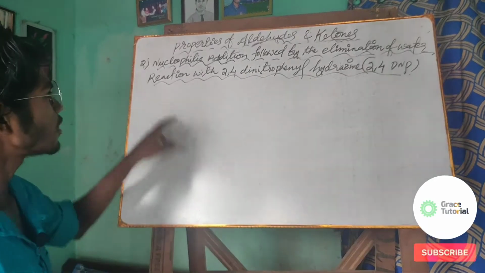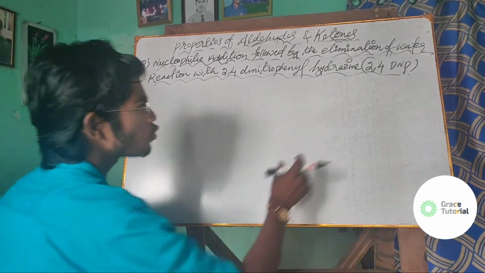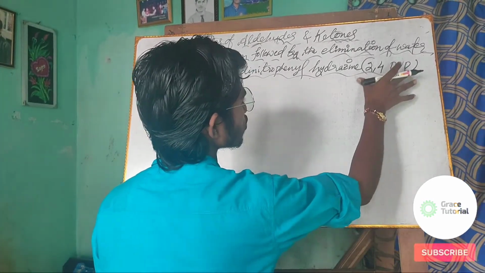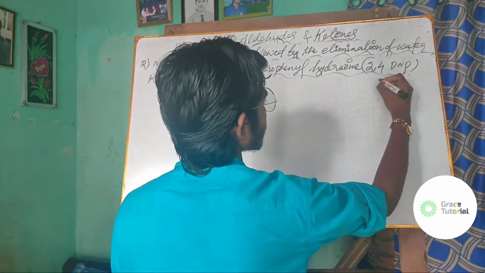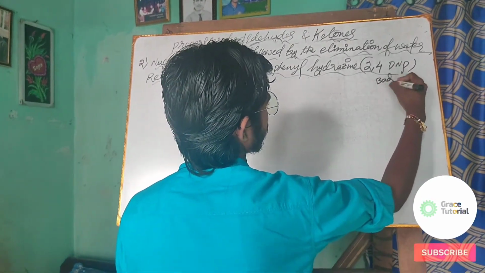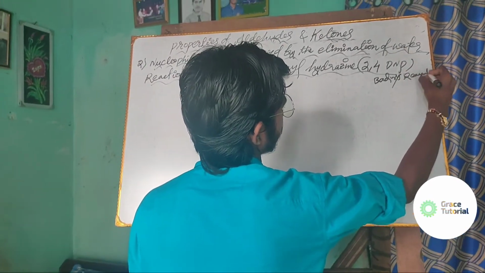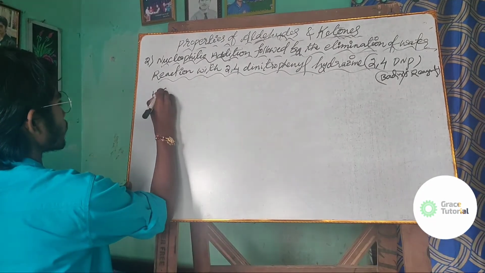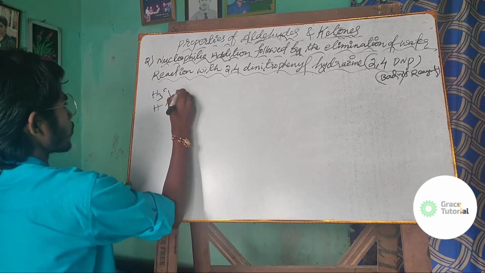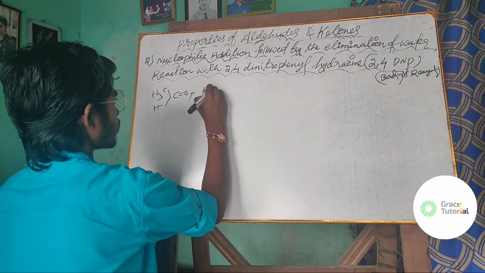Well, if you look at the reaction with 2,4-dinitrophenylhydrazine, abbreviated as 2,4-DNP, or we can say Brady's reagent. Suppose I have acetaldehyde. When this acetaldehyde reacts with